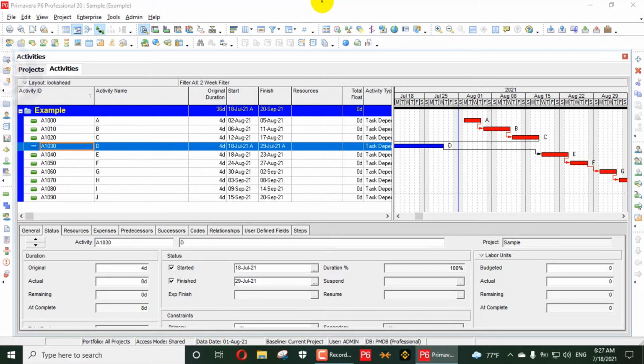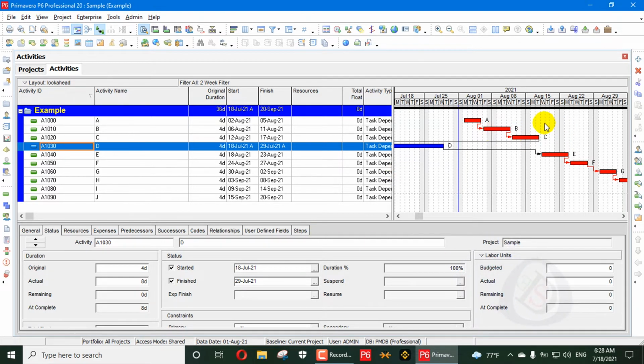When using retained logic, the activity that starts out of sequence cannot finish until its predecessor has finished. The remaining duration of the out of sequence activity will be scheduled to begin after the predecessor is scheduled to finish. Retained logic respects the network logic. From the name we can understand that retained logic means it will retain its logic and its critical path.